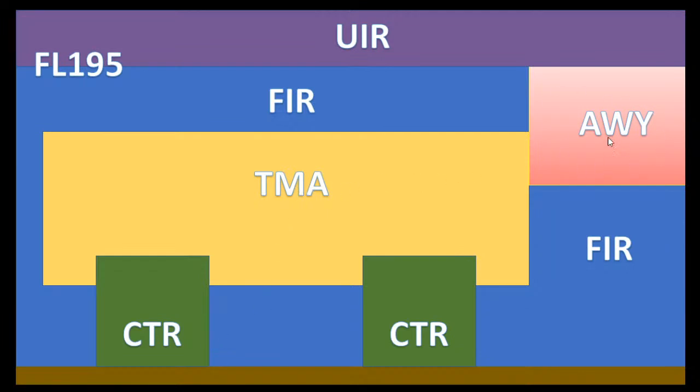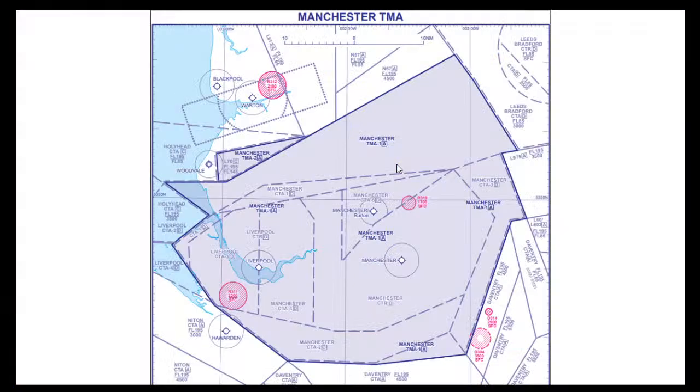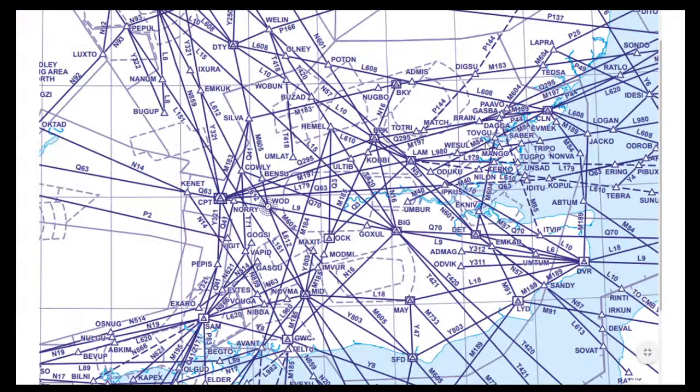And then you would see here the airways. Above flight level 195, it's an example, but it's mostly the case in Europe. I think it's also the case in many countries in Asia. Above flight level 195, the official name of an FIR is a UIR, for Upper Flight Information Region. Now, this is a collection of airways above London,